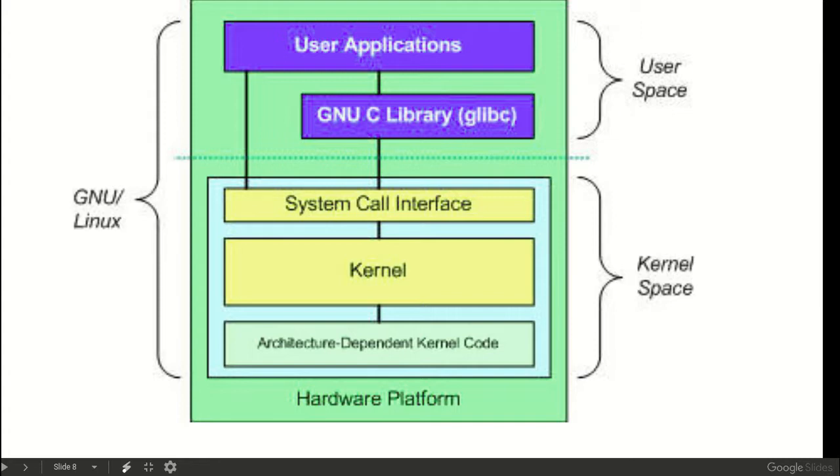Now remember, Linux works on different devices, right? So the kernel needs to have architecture dependent code, because different manufacturers use different architectures. For example, we have the Von Neumann architecture, and then we have all these different architectures. So it's very necessary that our code is architecture dependent. This will improve the efficiency of our kernel. And then we have the hardware platform, which will actually interact with the architecture dependent kernel code.